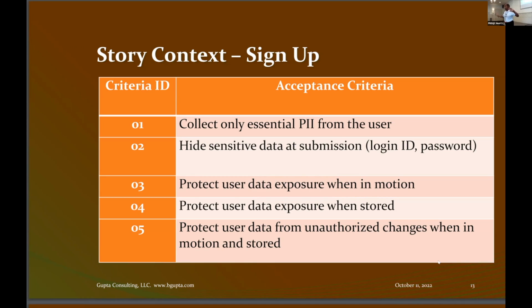There could be more. Okay. If you want to go deeper, if you say when you protect my data in motion, it would be send my data on a TLS or SSL, something which is secure, and also make sure it is encrypted. So those will be the security controls.